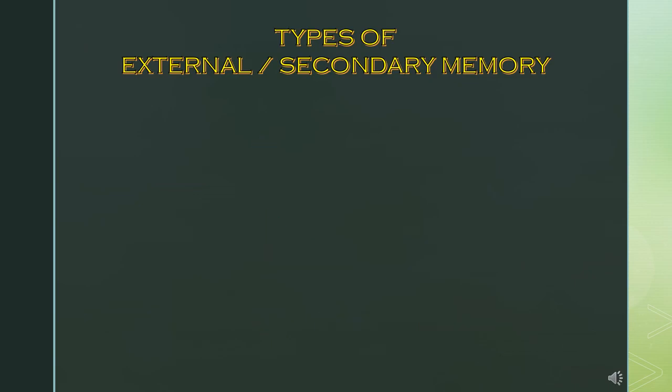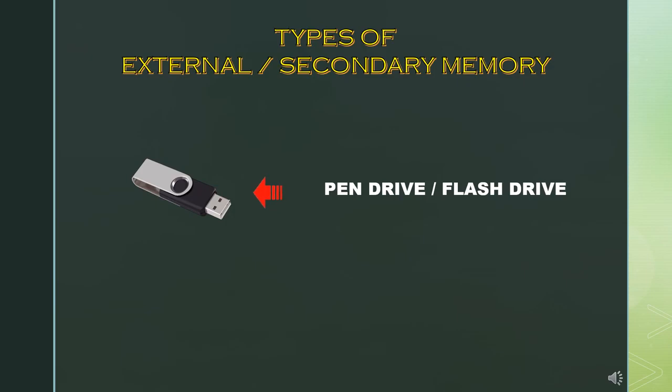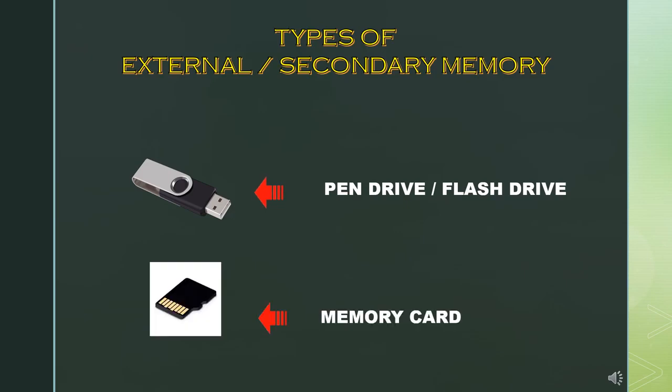The next device is the pen drive or the flash drive. It is the most popular data backup or storage device. It is a plug and play device. It is small in size and light in weight and can store up to 4 TB of data. The last device is the memory card. A memory card is a storage medium for portable devices like mobiles, digital cameras, and music players. You can transfer the clicked images, videos, or saved music files into your computer using them.